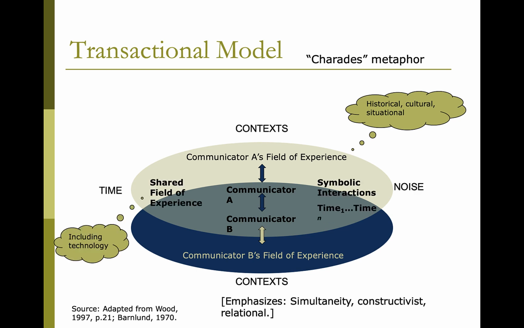Something else this model brings into the picture is this idea of multiple contexts and time, and that our interactions are context specific. Sometimes they can exist over several different contexts and over several different time periods. So we have these interactions using symbols, and there's interaction from time 1, time 2, time 3, and so we build up a history of communication. And sometimes with individuals, sometimes between groups. This helps to begin to explain a lot and really flesh out those fields of experience and how communication between different groups has evolved over time.